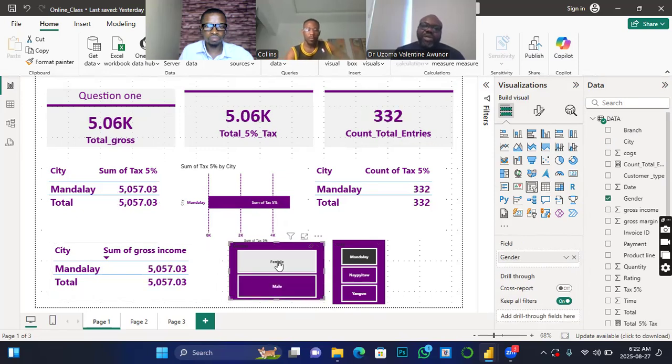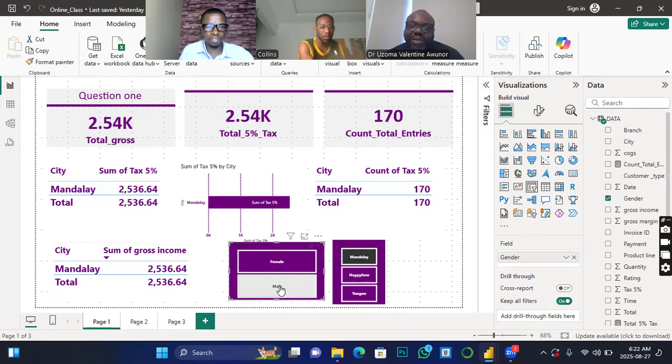You highlighted Male and Mandela. Male and Mandalay. I'm looking at where. Okay,